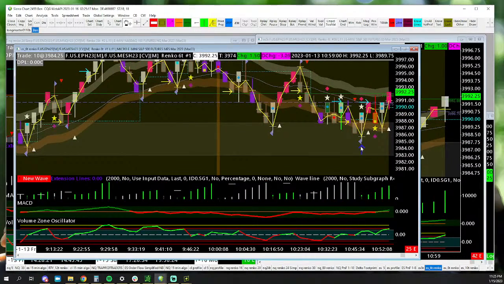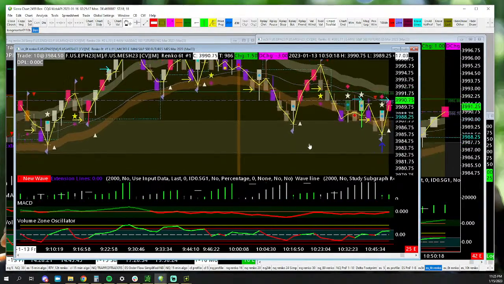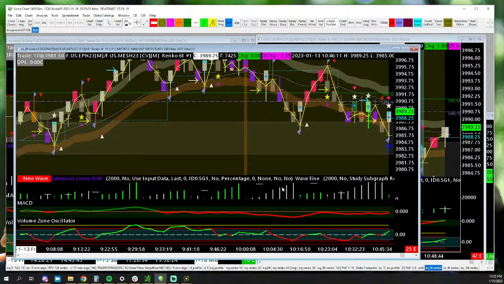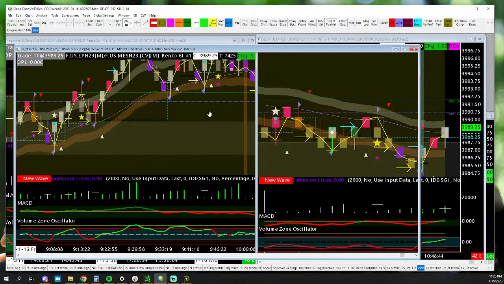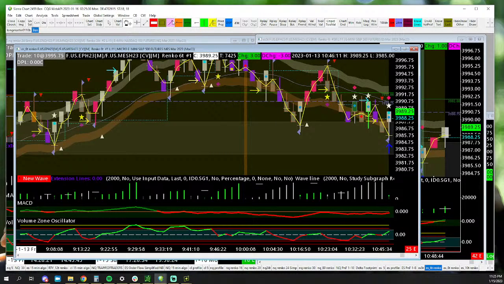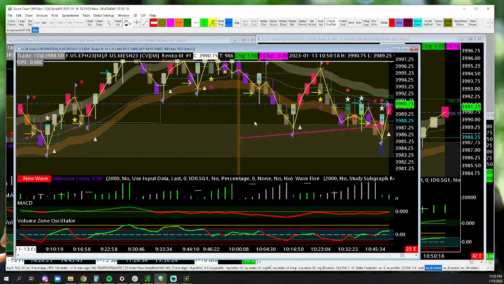Oh wow, they absorbed it right here. So I bet here, if you remember, we can look at the volume, right? We want buyers to be in control. If you look here on the four-tick, that happened right here, right? So all of a sudden, once again, we should be looking for buyers if this is followed by a pink bar. Okay, we get out of our short and we go long.